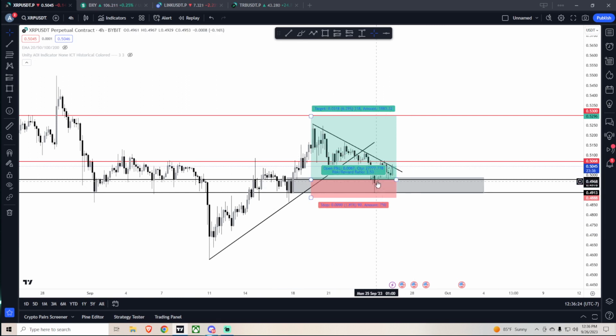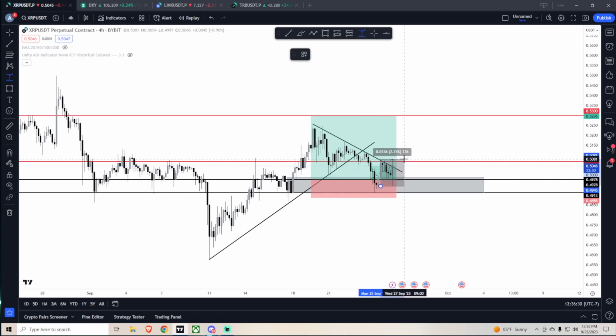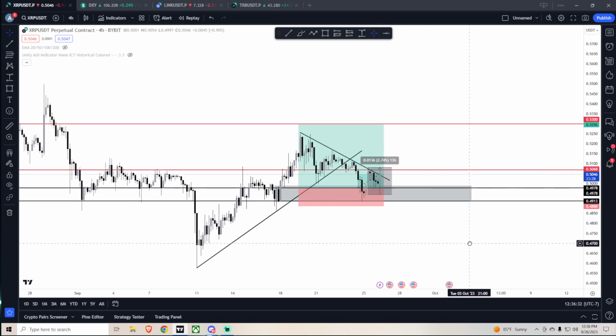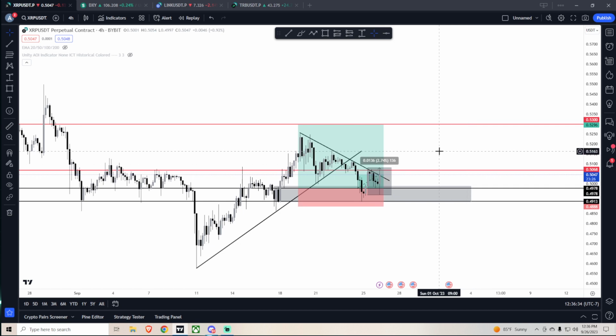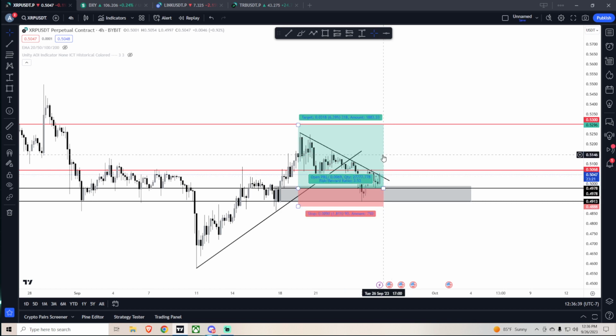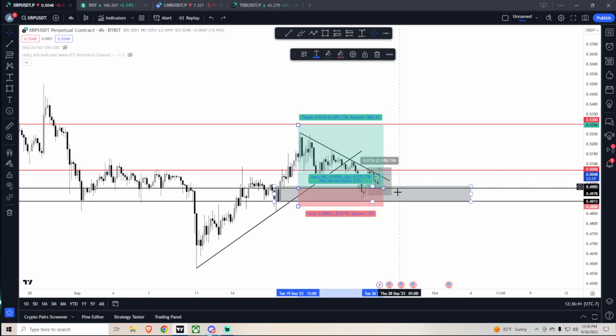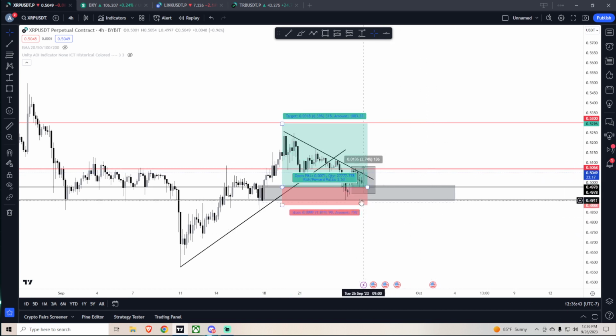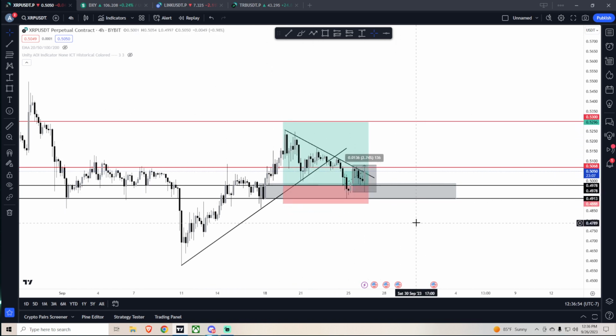Okay. So we filled entry, we filled DCA. Your average entry is about here. Okay, got a 2% move up. And now we have a possible bull flag. Okay, so if you're still in this trade, not only did you have the support resistance as your first confluence, the order block as your second confluence, now you have a possible third confluence with your pattern, bull flag, and